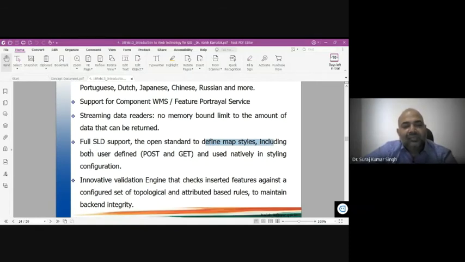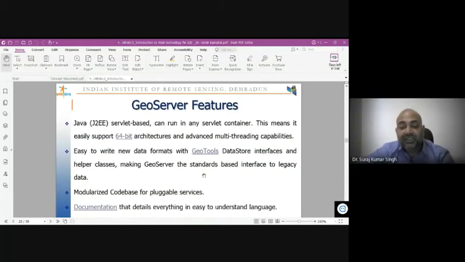It has full SLD support, the open standard to define map styles, including both user-defined and POST and GET, and used natively in styling configuration. An innovative validation engine checks inserted features against a configured set of topological and attribute-based rules to maintain the backend integrity. So all the integrity and confidentiality, all the programming is properly saved.